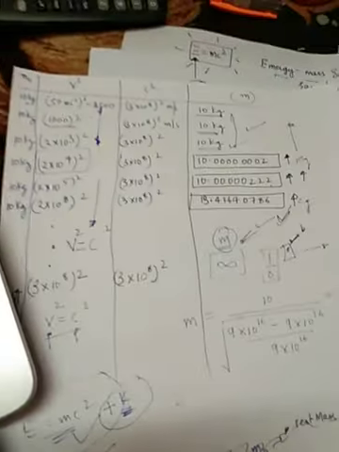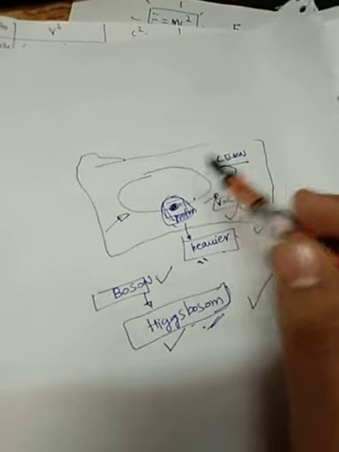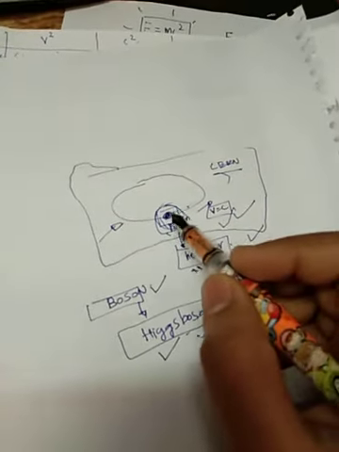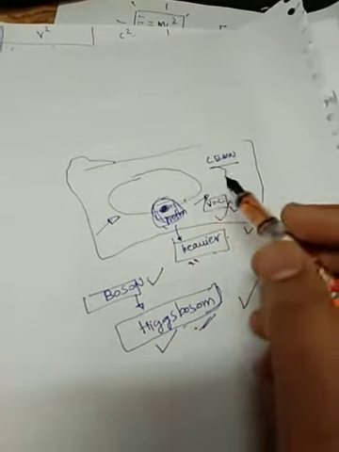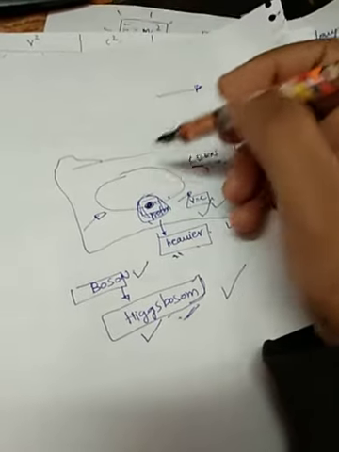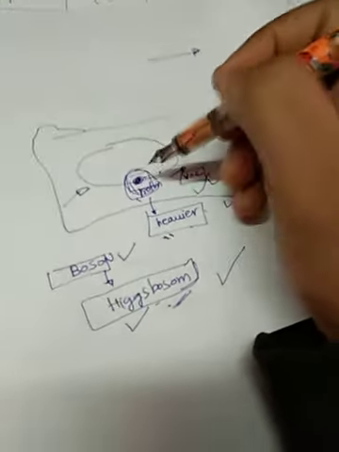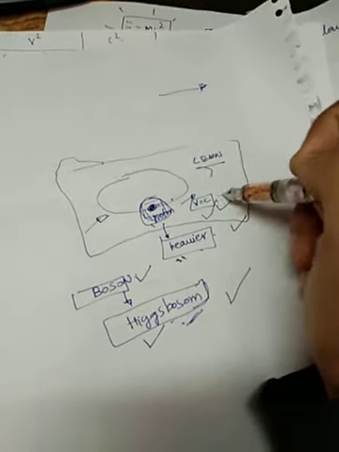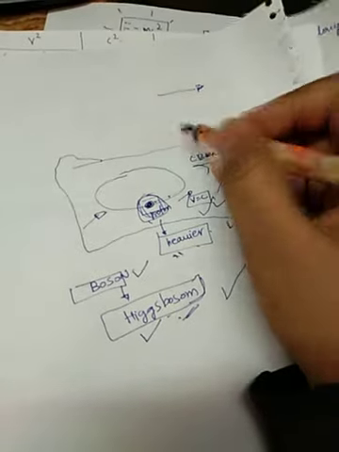Now another idea: we have something called the Large Hadron Collider, right? And it also relates to the relativity equation E equals mc square. What exactly it's doing is having a huge underground tunnel, some 16 or 19 miles, and we have a proton inside that is moving with the speed of light. Now as I told you, whenever we move with the speed of light, its mass should increase. It should get heavier and heavier whenever you increase the speed. That's the first part of the Large Hadron Collider.